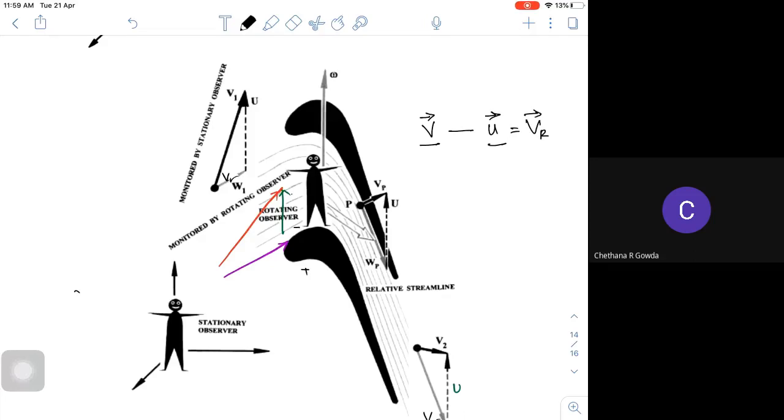So your whole velocity triangle is based on this principle. A stationary observer sees the velocity with which the fluid enters, and the peripheral velocity, the velocity with which the blade is rotating. Then there is the velocity that is felt by a rotating observer who is sitting on your corresponding turbo machine or blades. So your turbo machine is based on these three velocities. These are the reference planes.